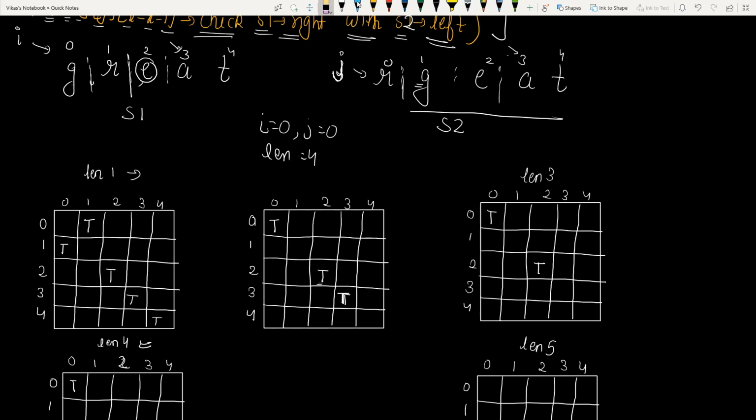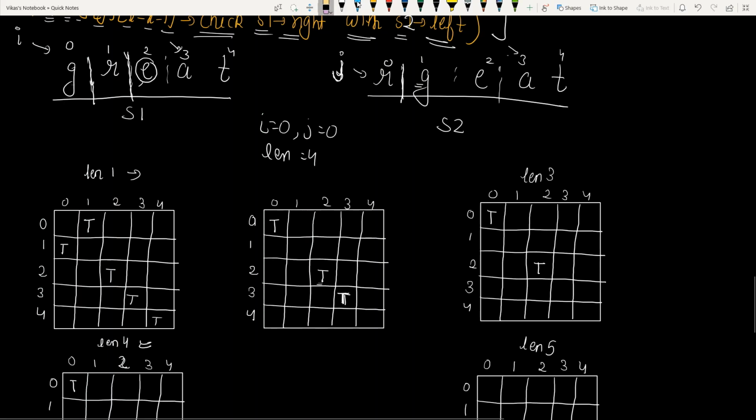Now we are going to take the length 5. For length equals to 5, firstly we are going to split at this position, this G. Now S1's left is not matching with S2's left, so we are going to check if S1's left is matching with S2's right. Since it is also not matching, we are going to take a split here at R. Now we are going to check for I equals 0, J equals 0, length equals 2.